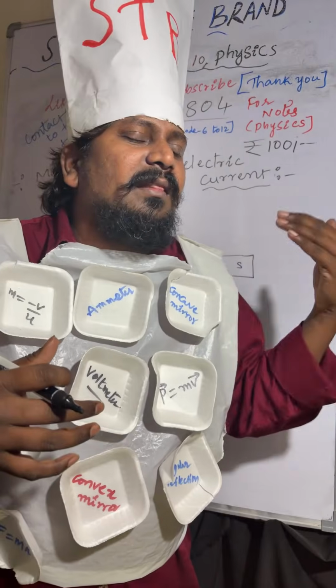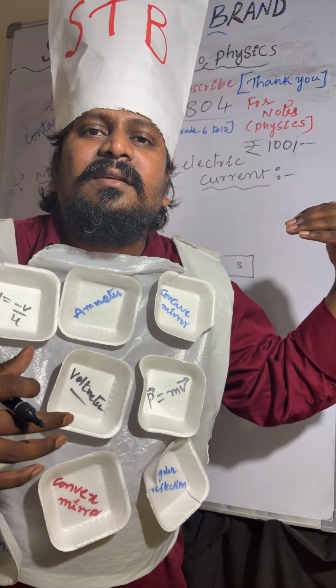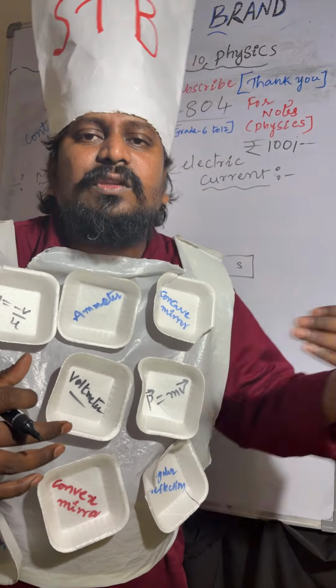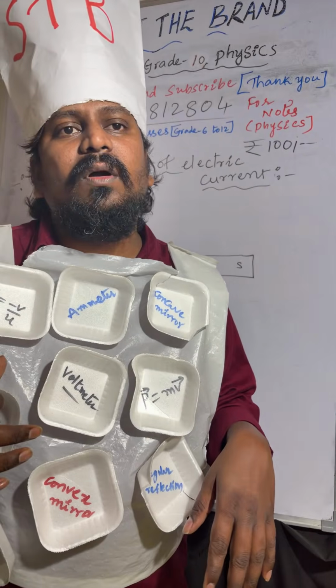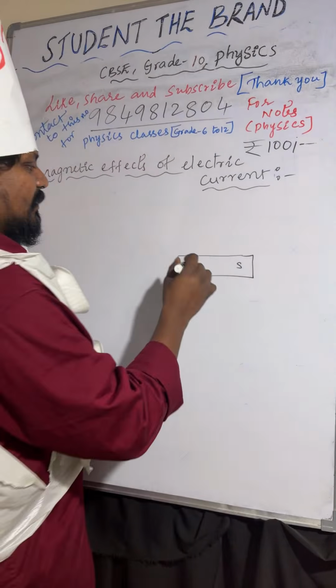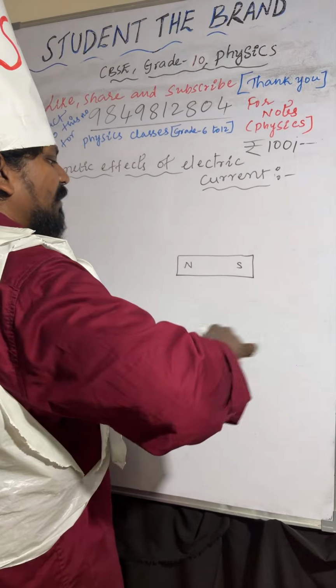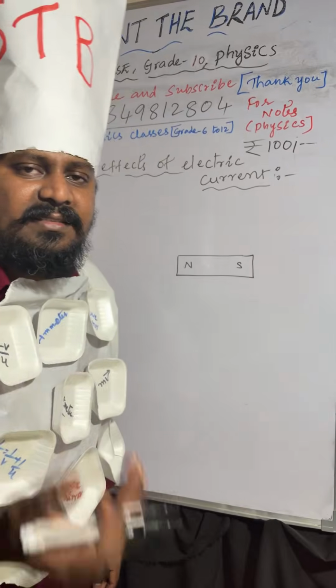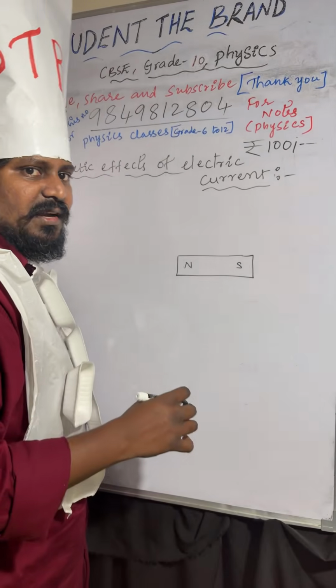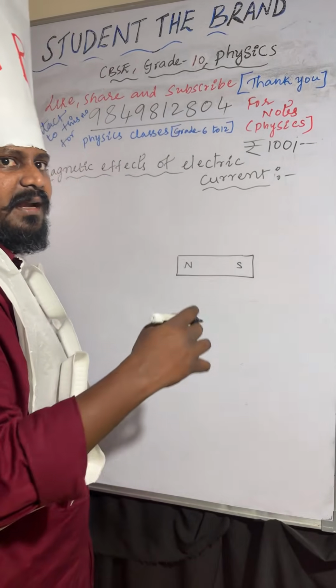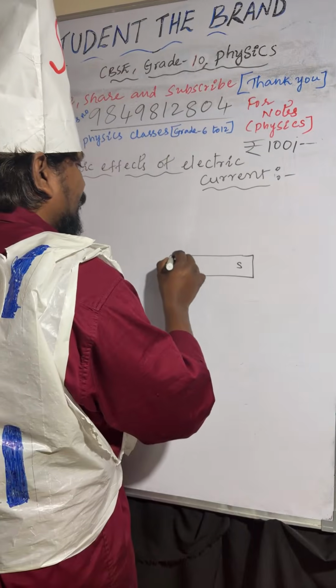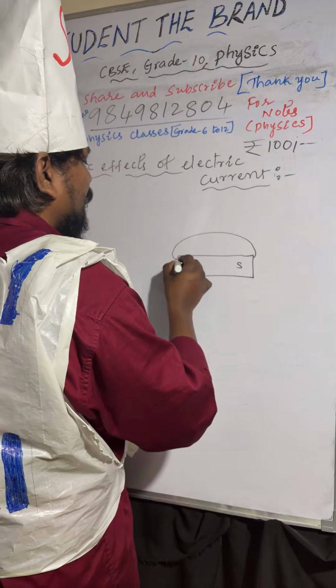Inside of the bar magnet, the magnetic field lines are from south to north. Okay, so here you can see this is a bar magnet. The region around the magnet in which magnetic force exerts is called the magnetic field. So here you can see 1, 2